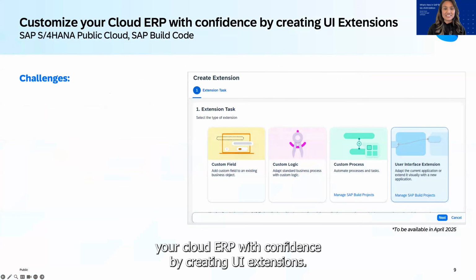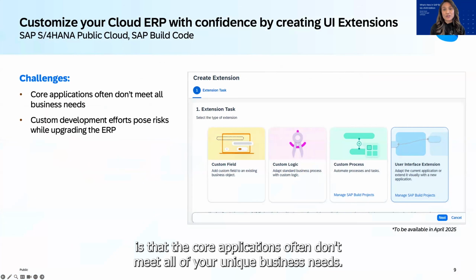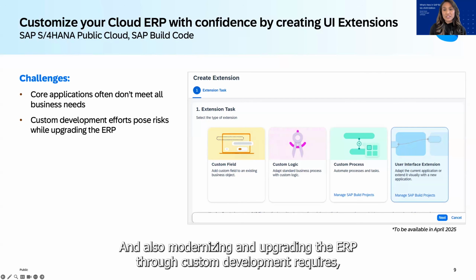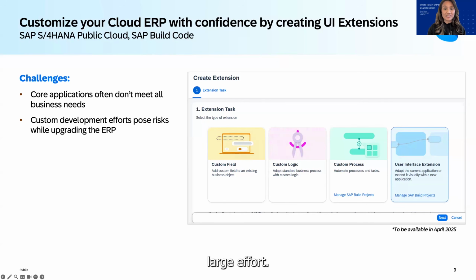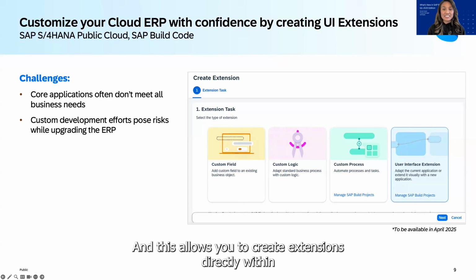creating UI extensions. So when it comes to your cloud ERP, one of the main challenges here is that the core applications often don't meet all of your unique business needs. So there comes this need to extend those capabilities further. And also modernizing and upgrading the ERP through custom development requires a large effort, and this also comes with a lot of risk. So to address this, last year we released the SAP Build Extensibility Wizard, and this allows you